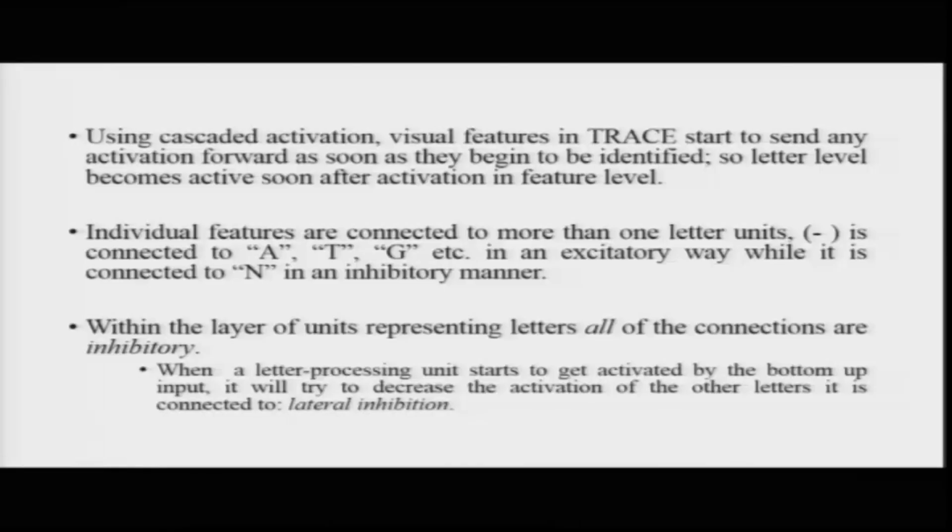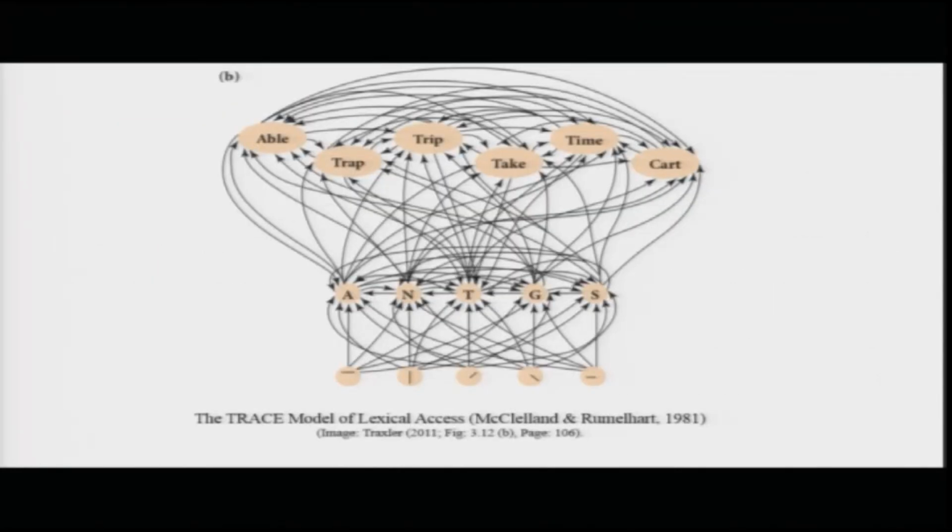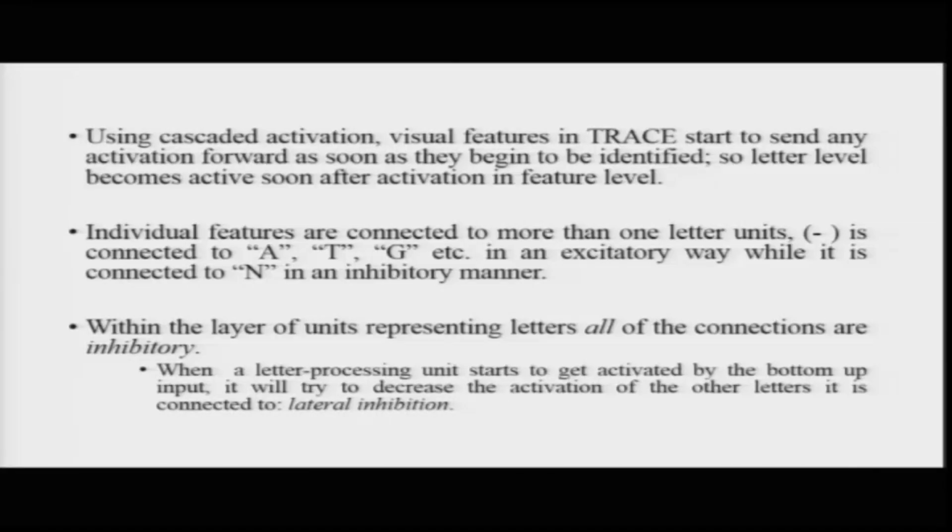Within the layer of the letters, you will see that not many inhibitory connections are shown, but basically A will be connected to N and to T in an inhibitory fashion, because each of the letters wants to win this competition of who will get activated first. So in the same layer, you will see these mutually inhibitory connections. These mutually inhibitory connections at the same level are referred to as lateral inhibition. This helps us take care of a lot of the competition that builds up here.